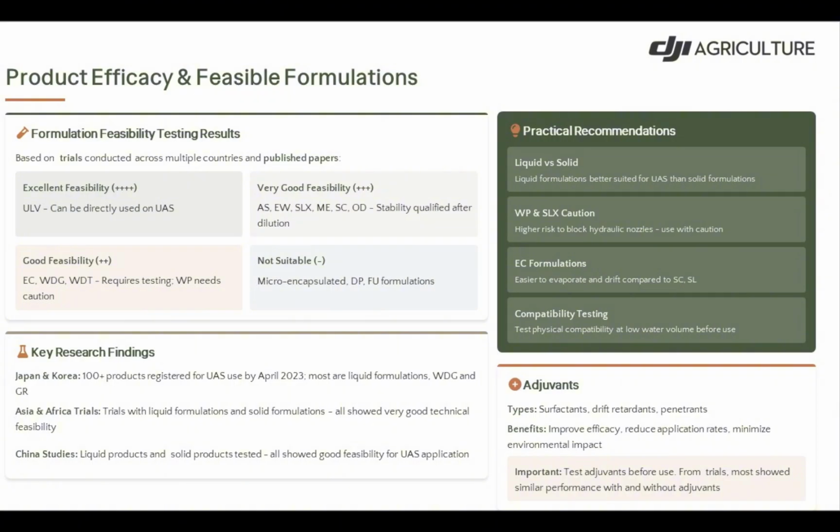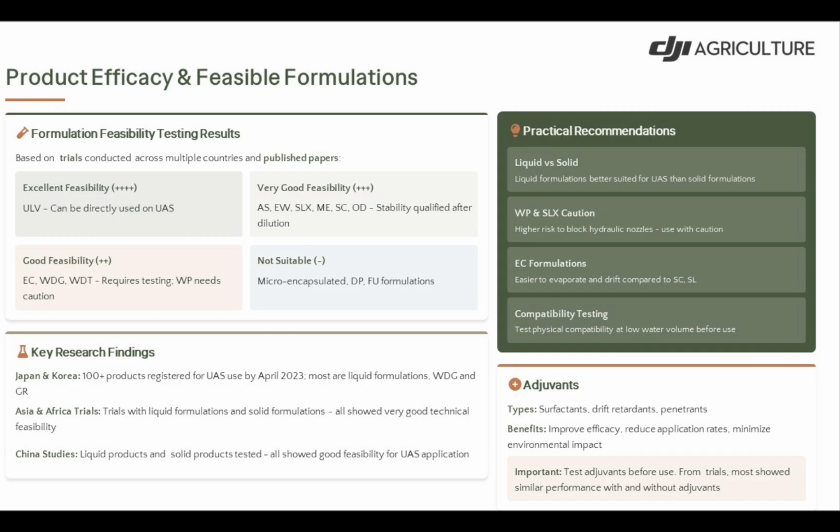Aqueous solutions, emulsions, soluble liquids, suspension concentrates, and oil dispersions have qualified stability after dilution, so we must check before applying by drone. Emulsifiable concentrates, water dispersible granules, and water dispersible tablets require testing. Wettable powder needs caution because it can clog our system.